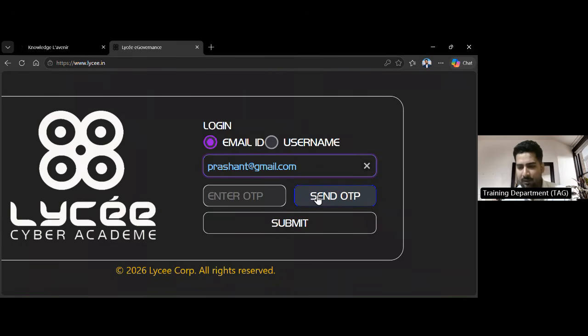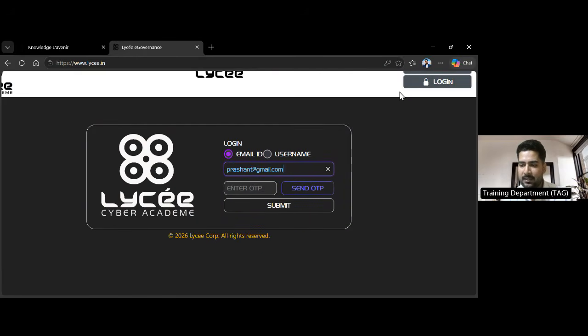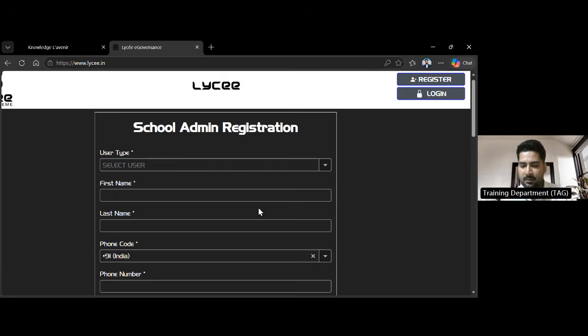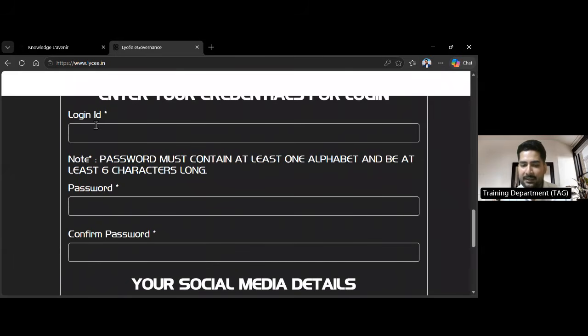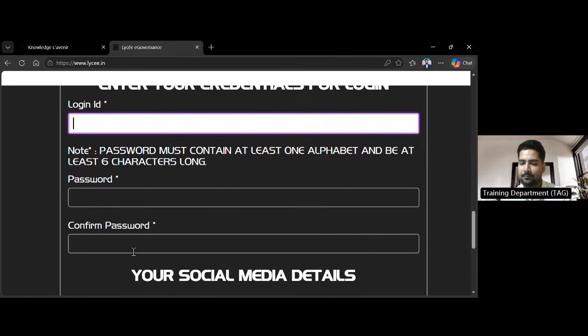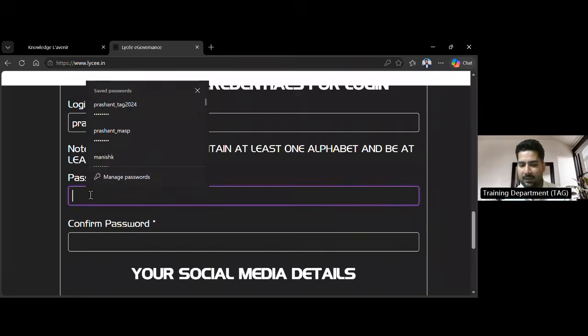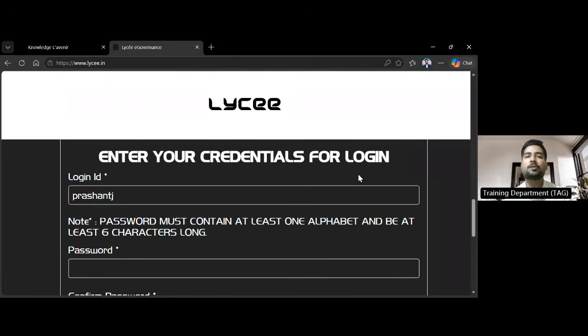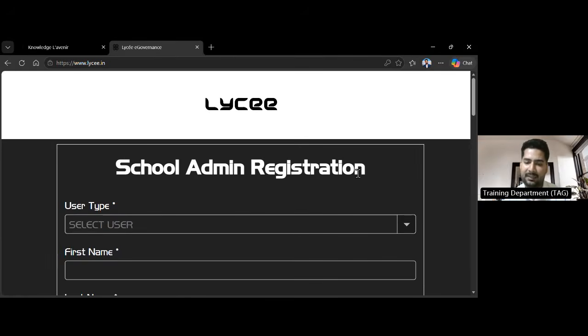So what is the safest way? While registering, a username and password is one of the important things. If you notice this screen, when you register for the first time, you get an option to create your own login name and create your own password. It could be anything, something like Prashant J password, anything I want to enter. So this will be my institution login ID and password. Very simple to maintain. And if we have that access,